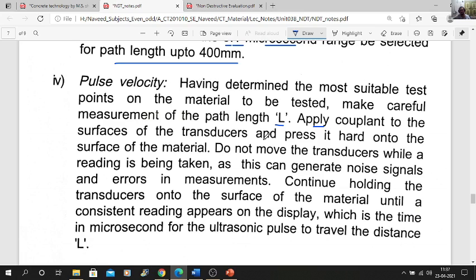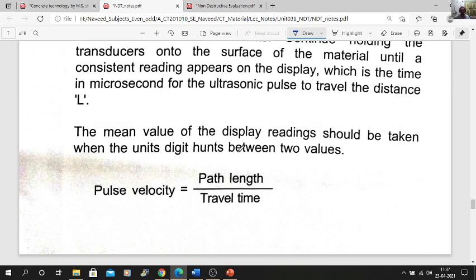When you have fixed the transducer, you cannot move it. The mean value of the display reading should be taken when the units digit hunts between two values. Okay, so pulse velocity is nothing but path length divided by travel time. So you can find out the pulse velocity by using this.